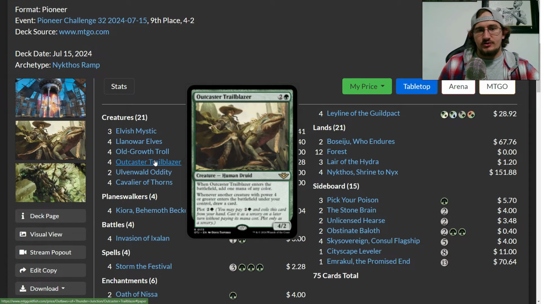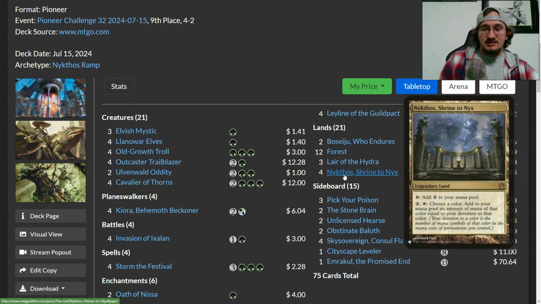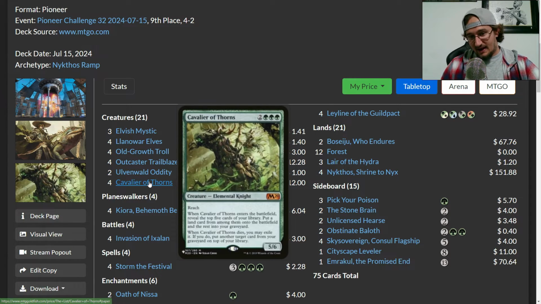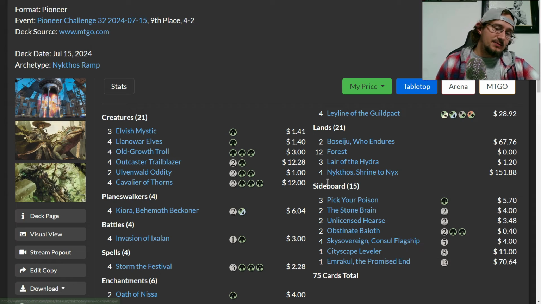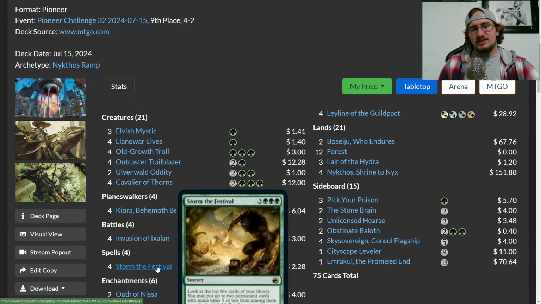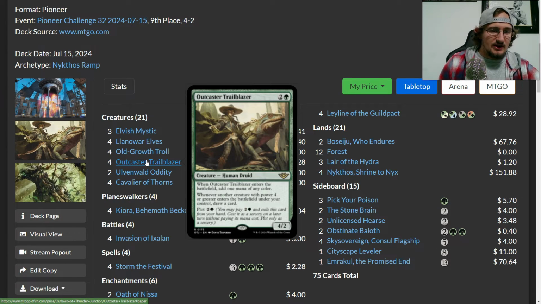Now, thanks to Outcaster Trailblazer, you have a way to have multiple copies of this kind of draw effect on the battlefield at the same time, with Cavalier of Thorns getting to draw 2 cards and also ramp you as well, and dig even deeper for Nykthoses, which are going to help you continue to combo, because you can just play a Cavalier, you end up milling a Festival, you find a Nykthos, you get to put the Nykthos into play, keep the untapped one, add a ton of mana, flashback Storm the Festival, you find another Cavalier, you find Outcaster Trailblazers, you get to generate mana, you get to kind of